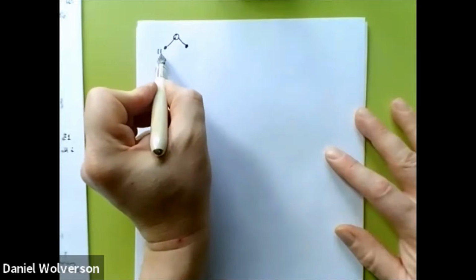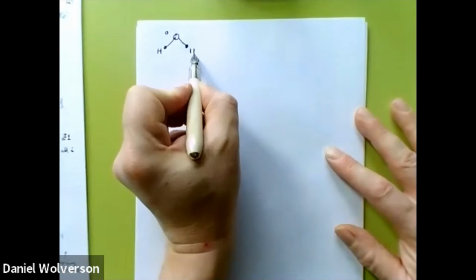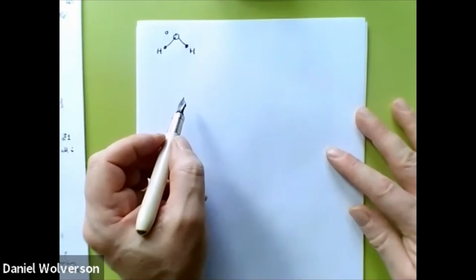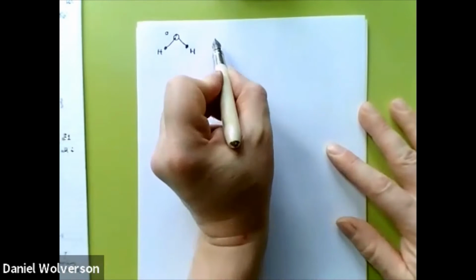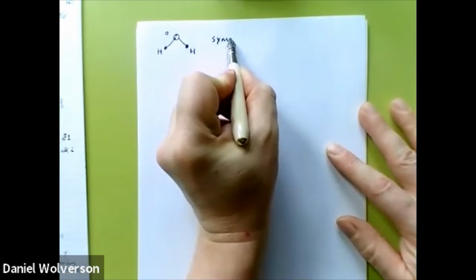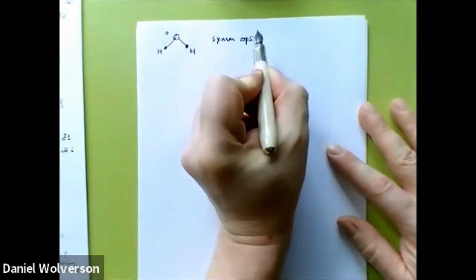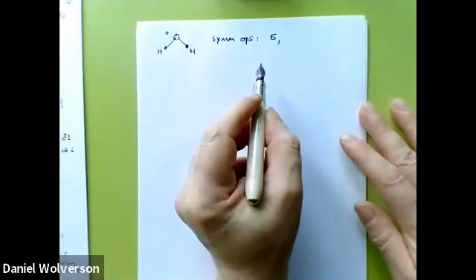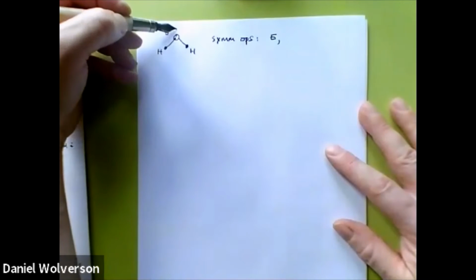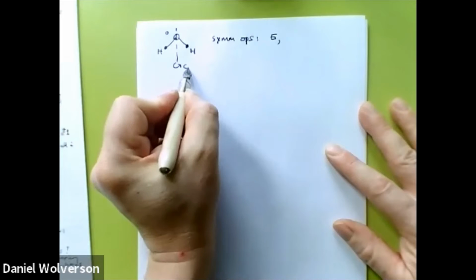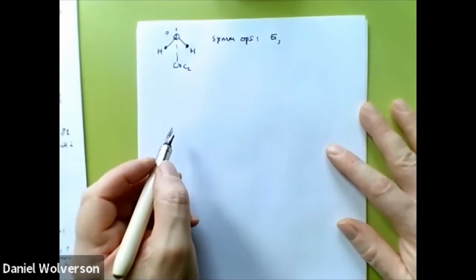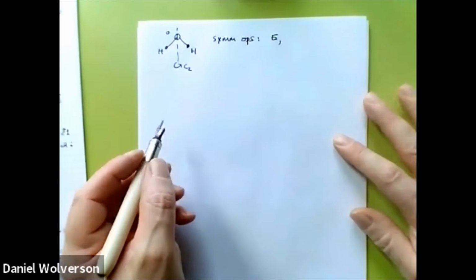So here's a water molecule, an oxygen atom, 2 hydrogens. It's not straight. That makes its symmetry slightly more interesting. Its symmetry operations are the identity. There's a rotation axis by 2 pi divided by 2, so a C2